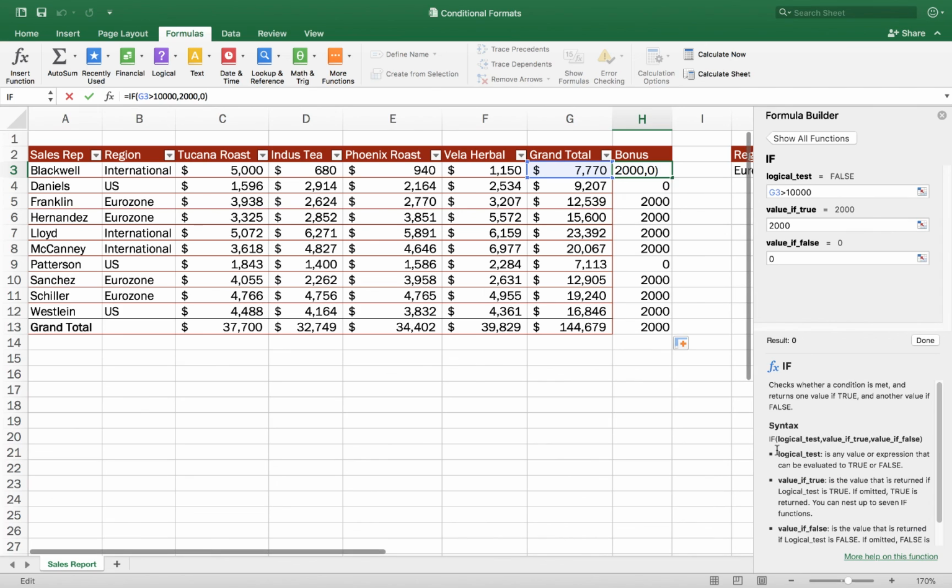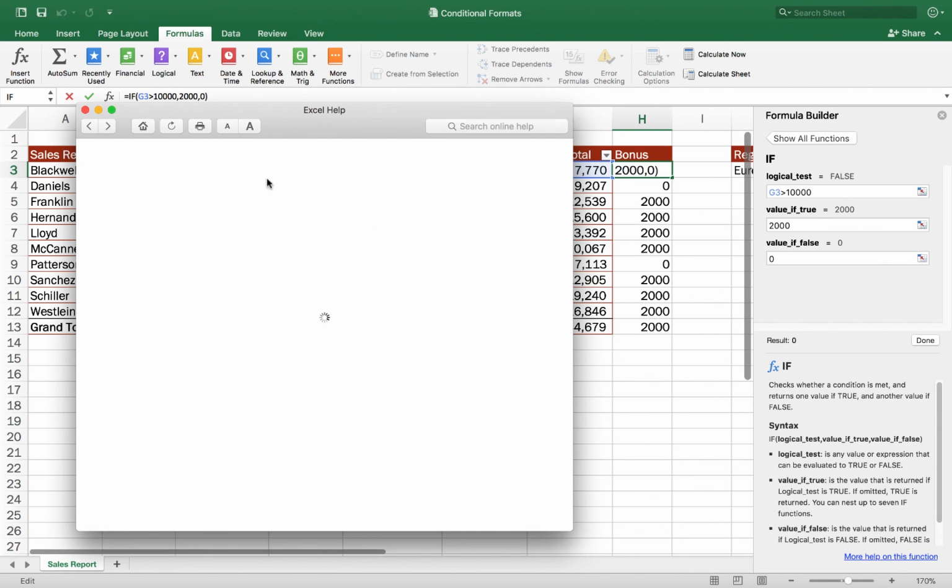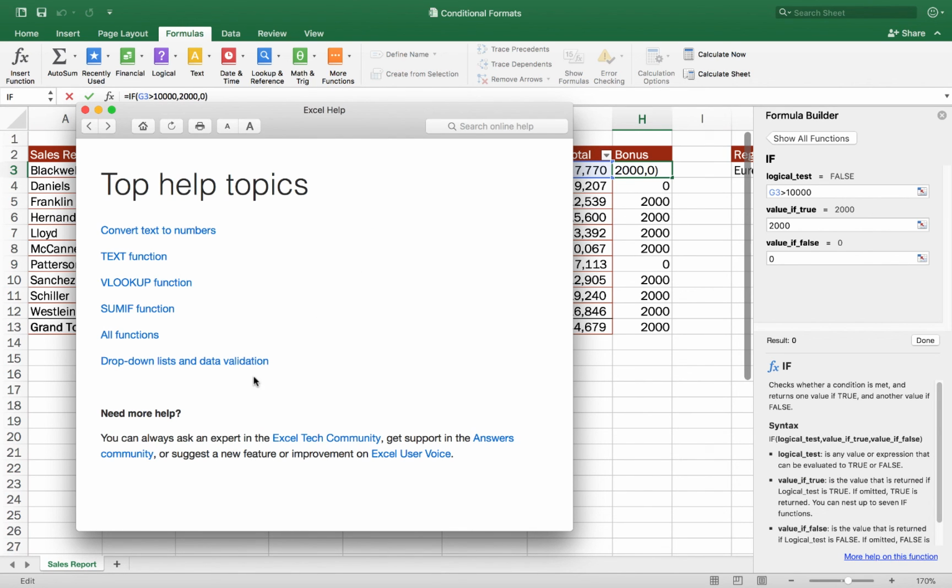Okay, and for all the functions, honestly, sometimes I read some of these help screens and it's still not clear. If you wanted more detail on this function, in the function builder there's also this link for more help on the function. If I click on that, it's going to open up a dialog box and help me look up the different functions.